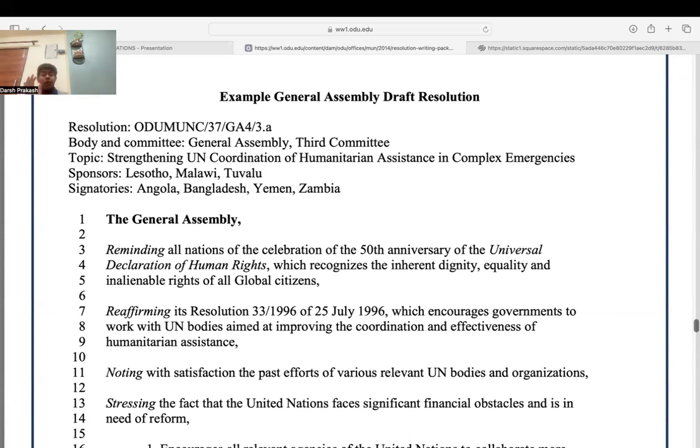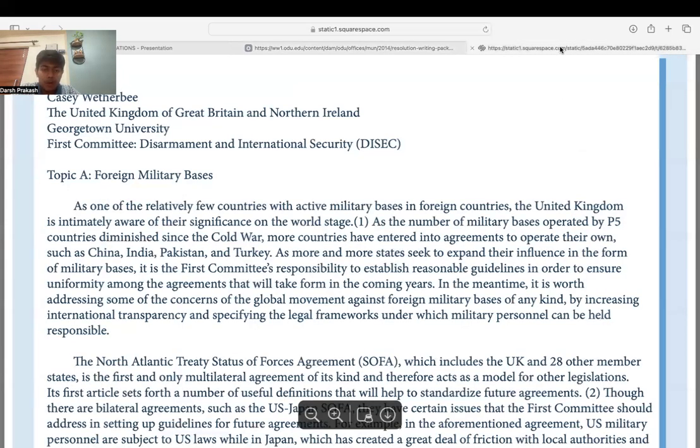And now coming on to another important rule for the DR. You need to keep in mind the font size and the font name as well. The font size should be 12 and the font name should be Times New Roman. Keep these two things in mind as well. Okay. Now coming on to another important thing, that is the position paper.